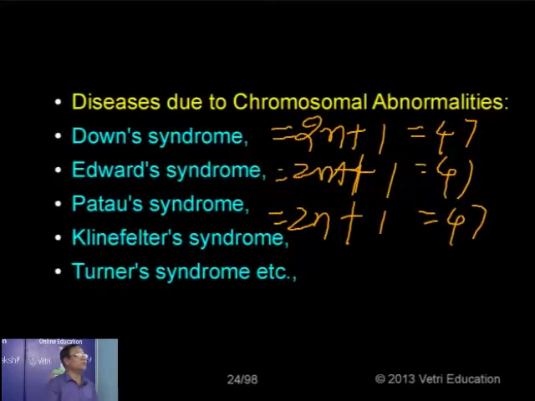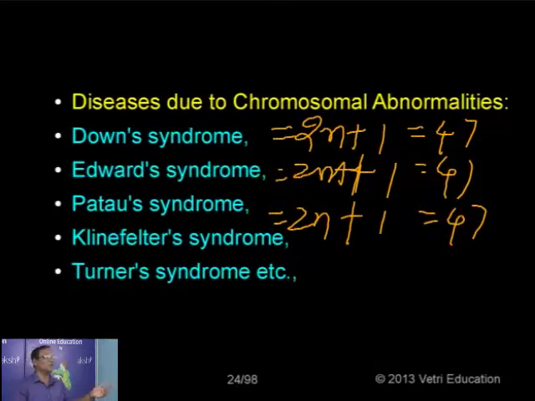For example, in the case of Down syndrome, it is also called 21 trisomy because of the addition of one chromosome to the 21st pair. Anyway, one autosome is added. The second one is called Edwards syndrome. Here, one chromosome is added to the 18th pair. Then Patau syndrome, here one chromosome is added to the 13th pair. So accordingly, we have an increased number in a particular pair. That is why, though in all cases we have 47, the addition occurs in different chromosomes, either the 21st chromosome, or the 18th chromosome, or the 13th chromosome.